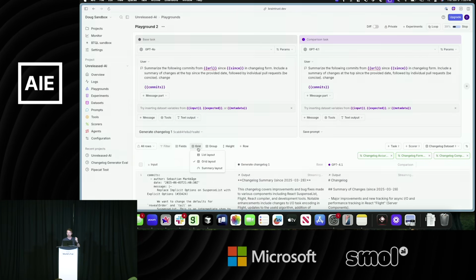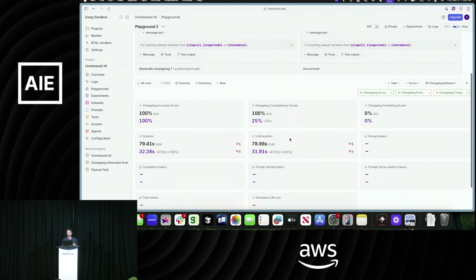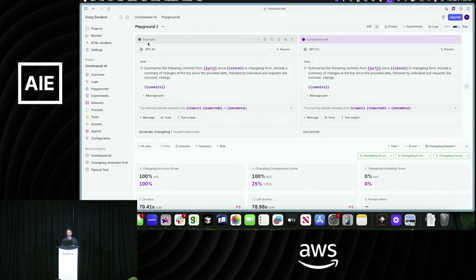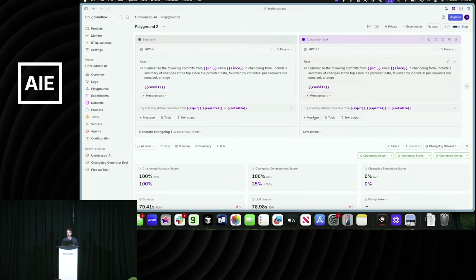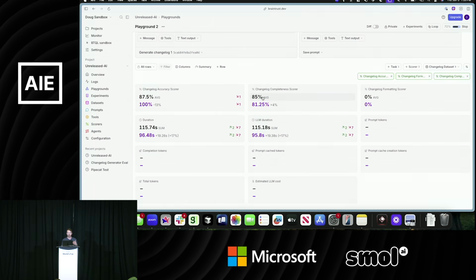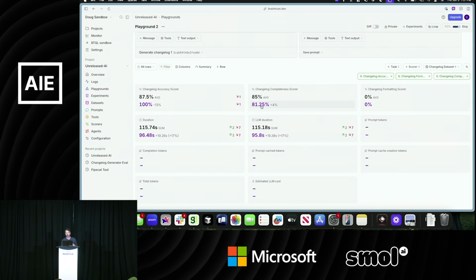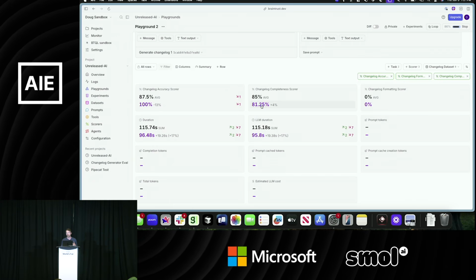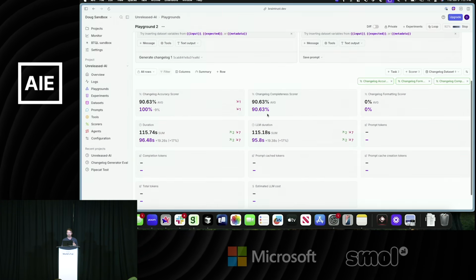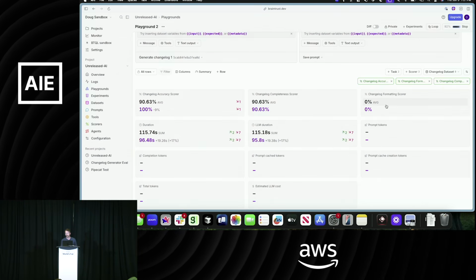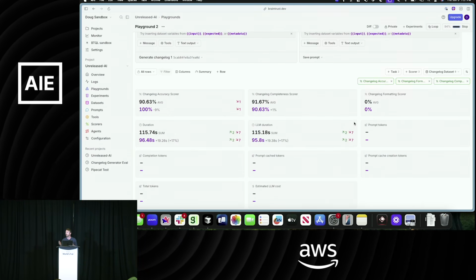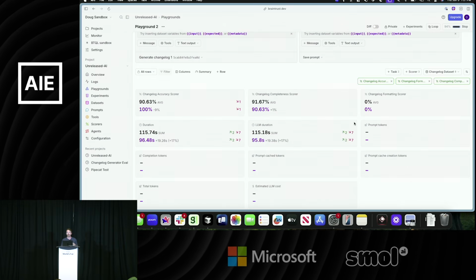Lots of different ways to actually start to look at this data. I always like coming over to the summary layout because you can see over here, this is my base task right here, and then my comparison task. So I can understand, looks like, on average, the base is performing a little bit better than my comparison task on my completeness score. It's faring a little bit worse on my accuracy score. Both of them are 0% on my formatting, so probably have some work to do there. But you can start to see how you can use this type of interface to iterate very quickly.